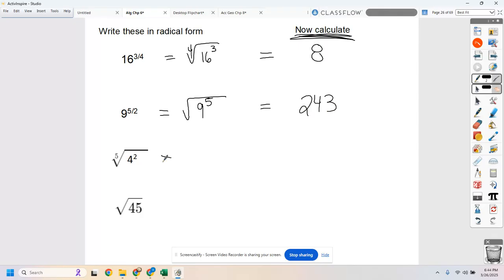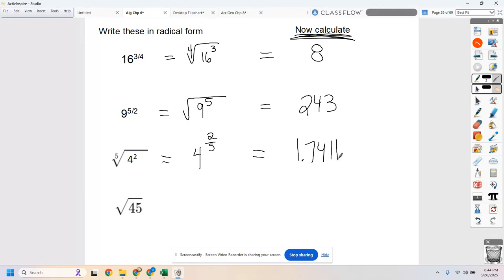Next one. 4. The bottom number is kicked out, so that's going to become a 5 on the bottom, and I have a 2 on the top. So 4 to the 2/5. Again, I'm going to go calculate that. 4 to the power of 2 divided by 5. Gets me an icky decimal, approximately